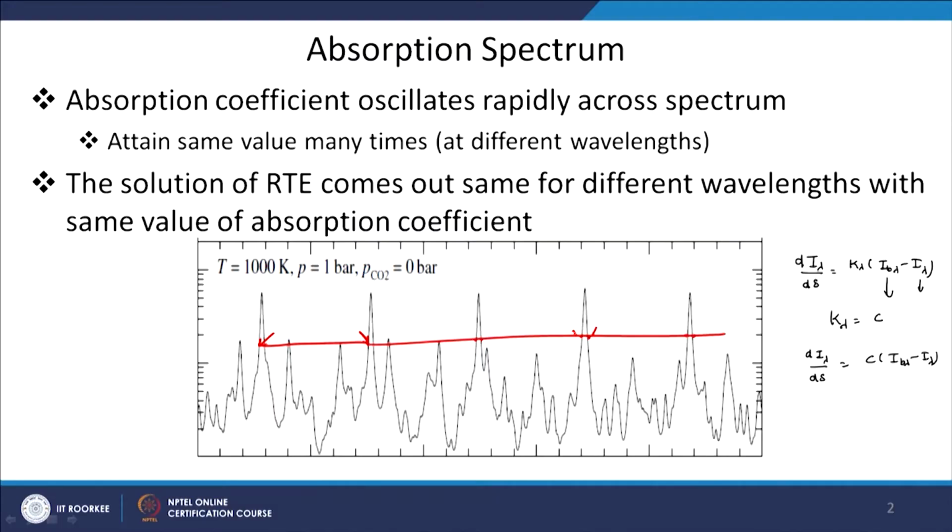So, this is called reordering. What we do is we will not solve the radiative transfer equation in wavelength space, we will solve the radiative transfer equation in absorption space. So, for all values of kappa_lambda constant, we will solve only one RTE for these coefficients and one RTE maybe for these coefficients and so on. So, we will solve one radiative transfer equation for different levels of absorption coefficient, and this concept is called reordering.